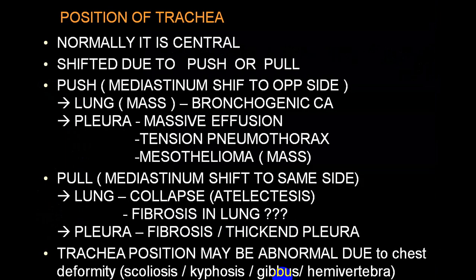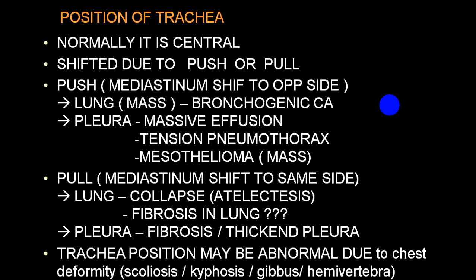The trachea is seen on an X-ray chest as a black shadow, which we call a radiolucent shadow, in the center part of the vertebra. We'll be showing you an X-ray following this particular slide. The trachea is central. If rotation is there, the trachea will appear shifted to one side. This you will have to correct so that you do not misinterpret a push or a pull shift of the trachea.